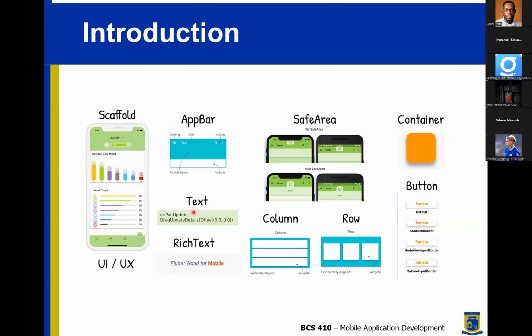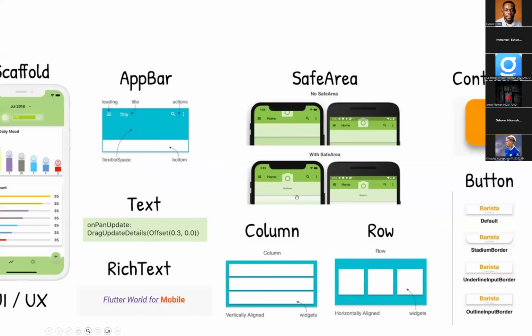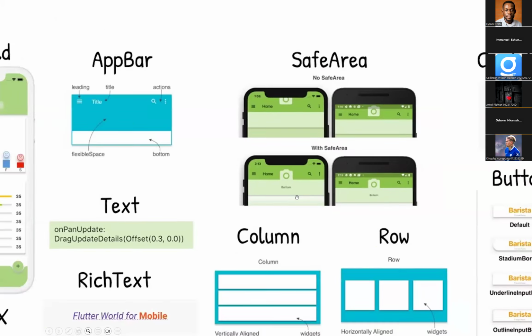Then you can have text in this form. You can have rich text. So rich text is where you add features to your text, make it bold, italics, change the color, and so on. Then we have the safe area. So safe area looks like this. Okay. So this is the one without a safe area, and this one has a safe area. Okay. So as you can see,